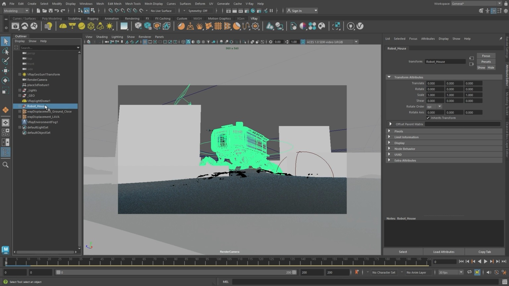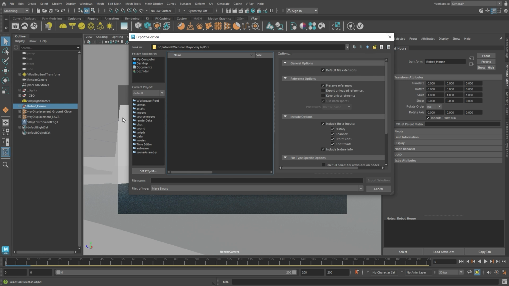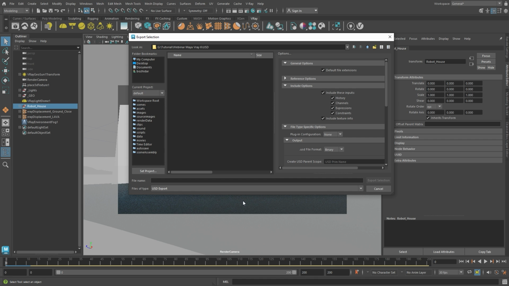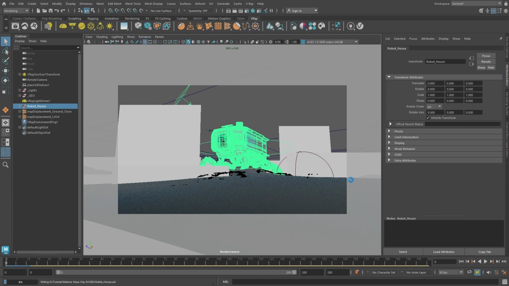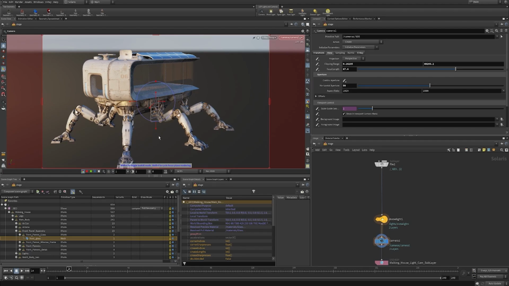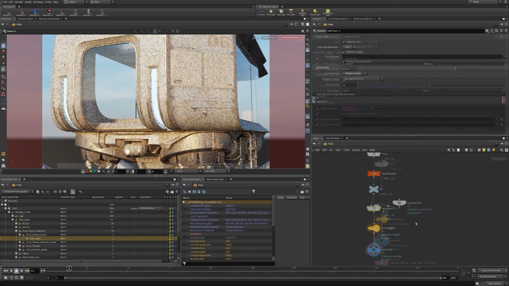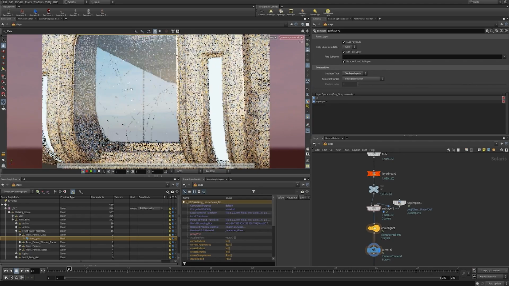All you need to do is select your group and go to the export setting. There, make sure to select the USD export, and in the options, don't forget to enable the V-Ray plugin configuration and materials. After importing the USD file in Houdini, you can see that it comes with its materials, lights, and geometry hierarchy. This allows you to immediately start adding additional detail without worrying if the shaders and lighting are properly adjusted.